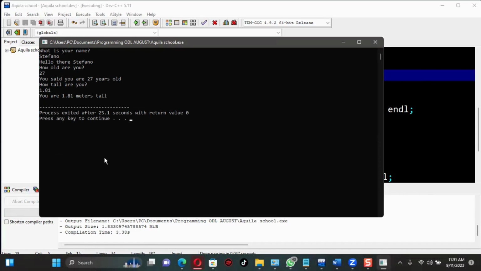Okay, so that is all about C++ data types. Remember, whenever you want to capture something from the user, because we've been capturing data from the user, you've got to understand what you are capturing from the user. So this is all about C++